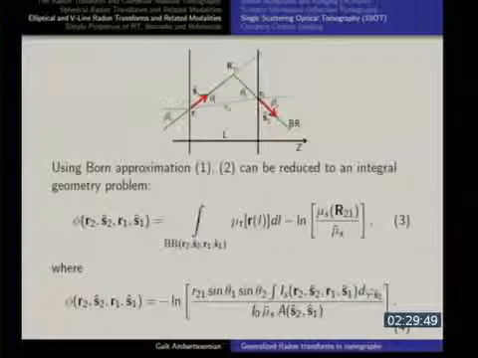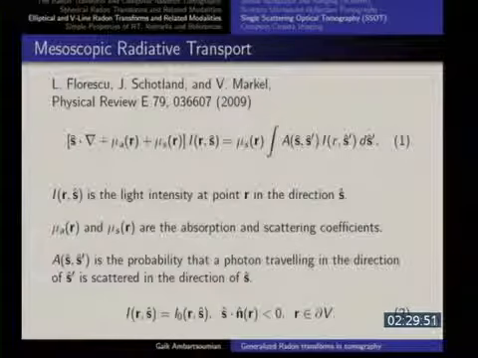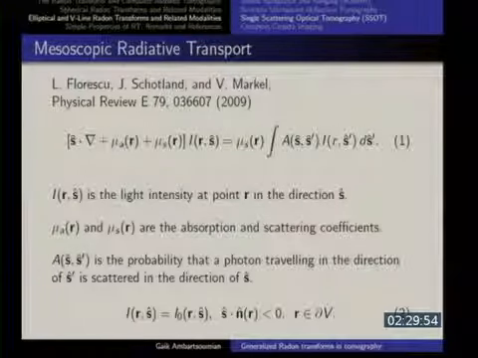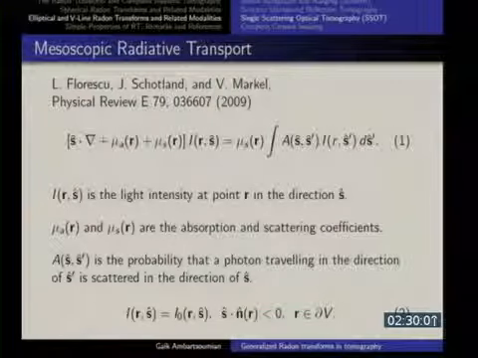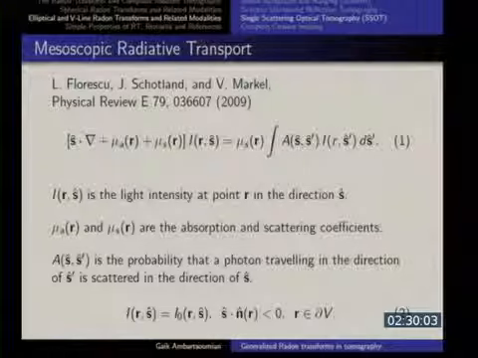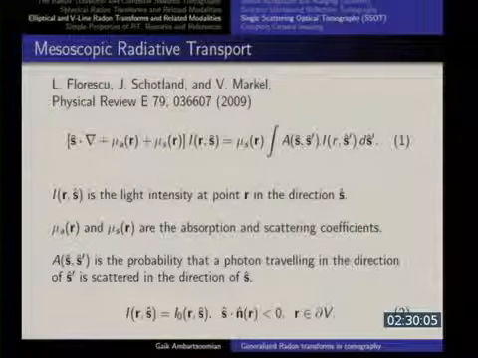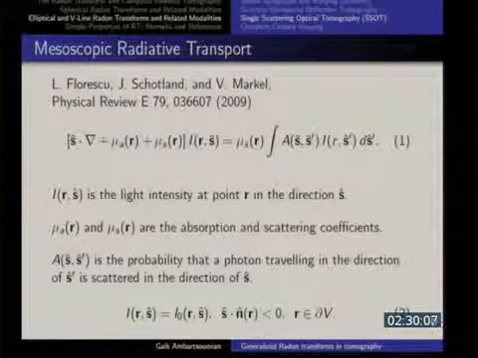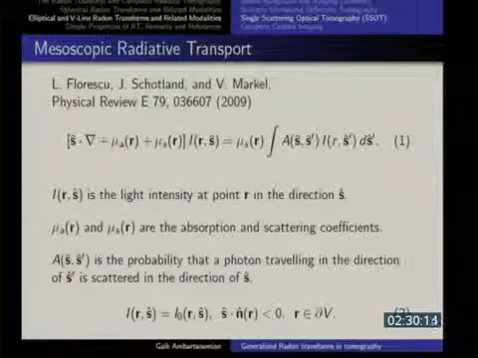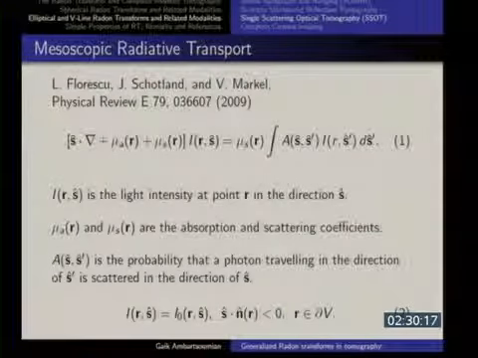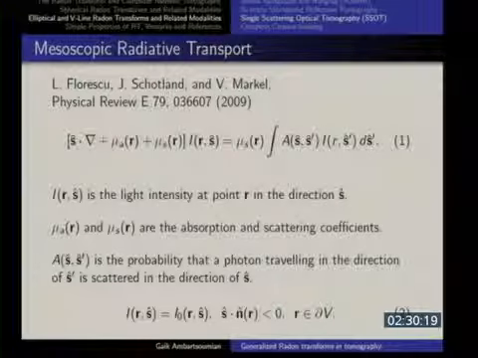So here is the radiative transport equation that you saw today. There are some differences that I want to talk about. First of all, this is a time-independent radiative transport equation. So whatever was u in the formulas that Professor Rakesh was showing is I here, that's the intensity. You don't see that term. There was a term, u prime t, the derivative with respect to t, that's gone because I don't have time dependence. Mu A is the absorption coefficient.